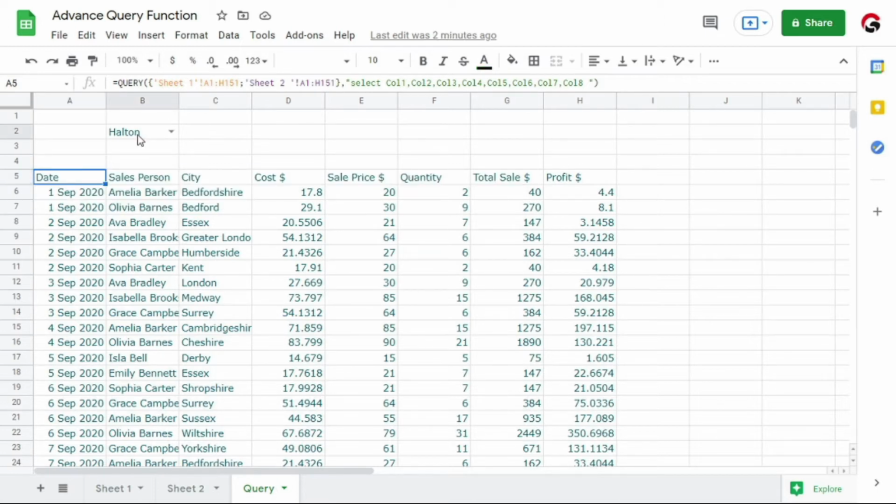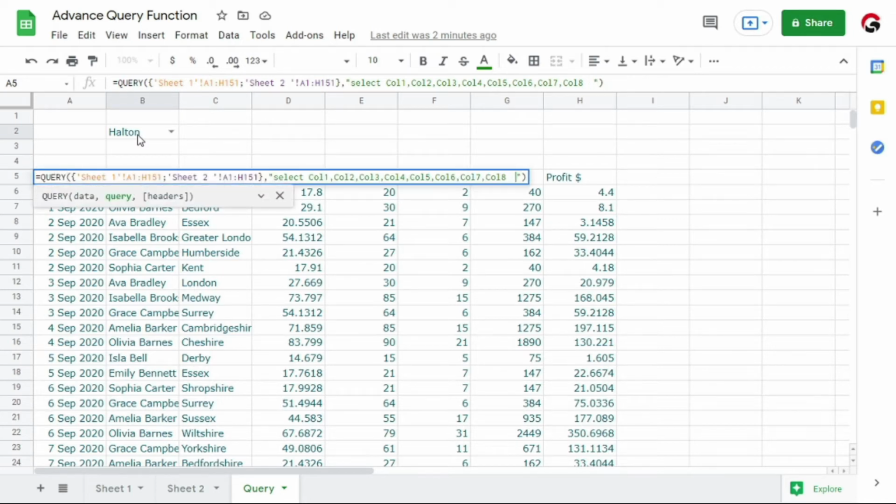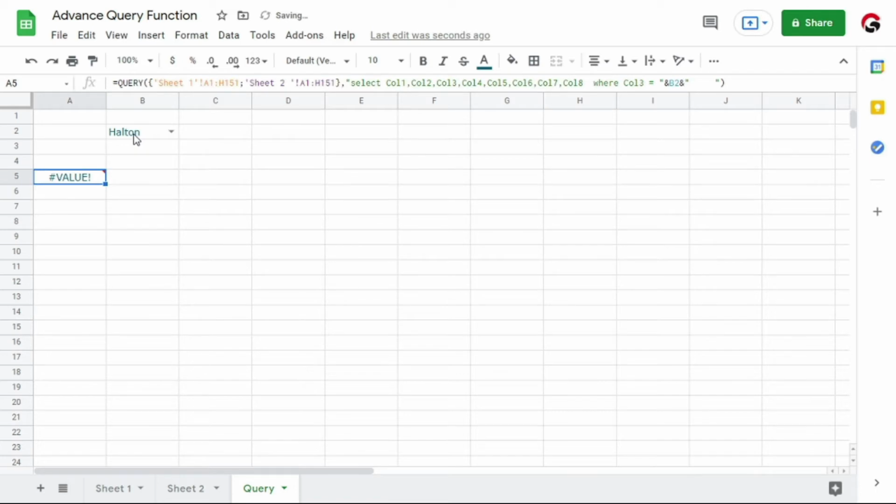Okay, now move on and let's discuss how we can add cell references in the Google Sheet query function. Because the query syntax always recognizes the text as an input, to add the reference we have to first write the double quotation and then the ampersand sign. The reference window will open here and allow you to select any cell from any sheet. Now select this cell. Here I am saying that column C should be equal to this cell. Now close the query, hit enter and see the results.